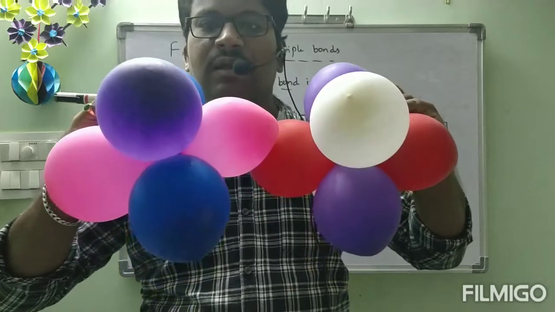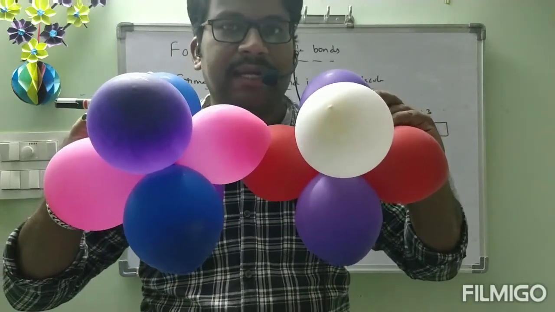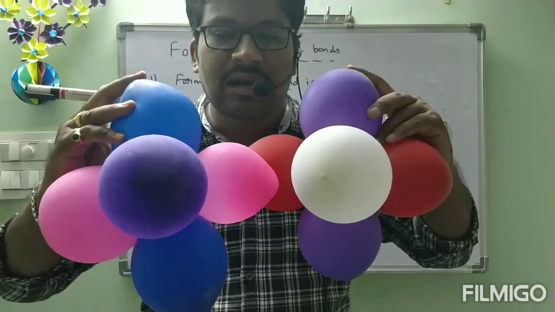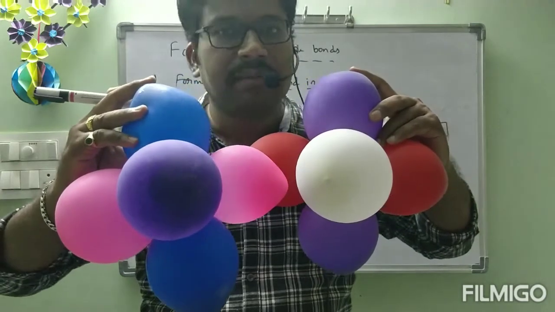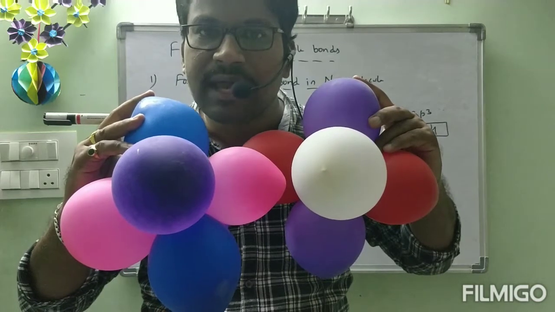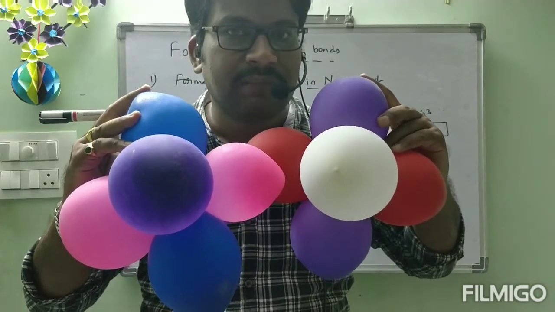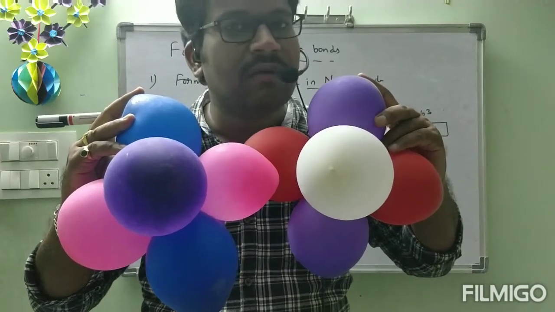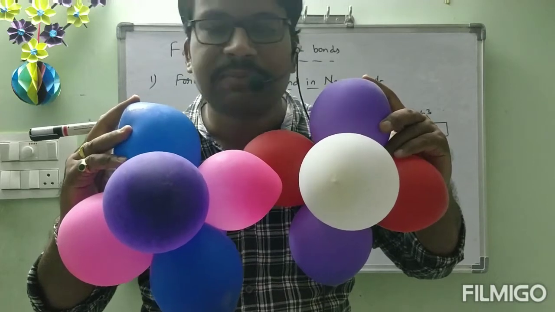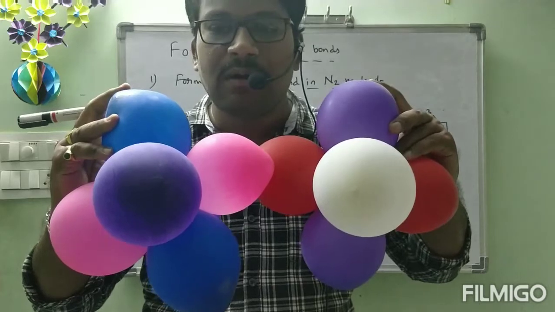Next, same way, this violet and this white. Along the z-axis, they will be nearer. Correct or not? They cannot come like this and they cannot undergo complete overlapping. Here it will be present as a clockwise spin electron. Here the electron is in anti-clockwise direction. Then what will they do? They will also be involved in partial overlapping. Because of that, one more pi bond is present. So this is one sigma bond, one pi bond and this pi bond.